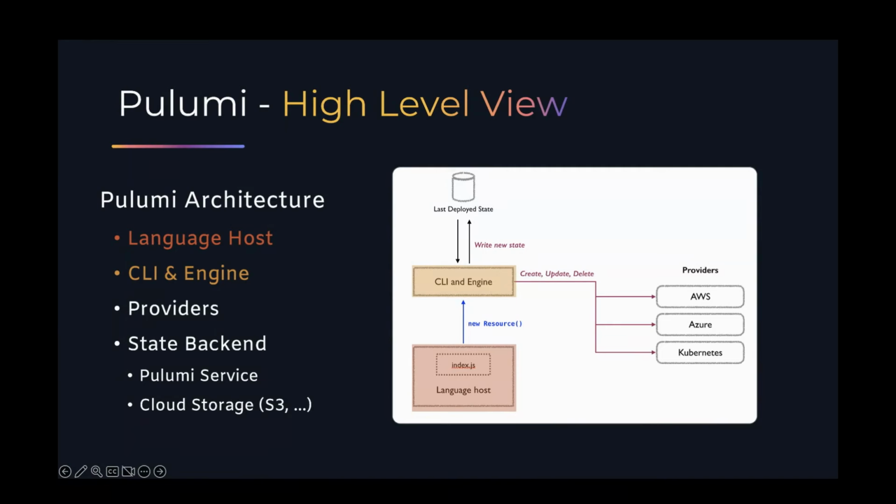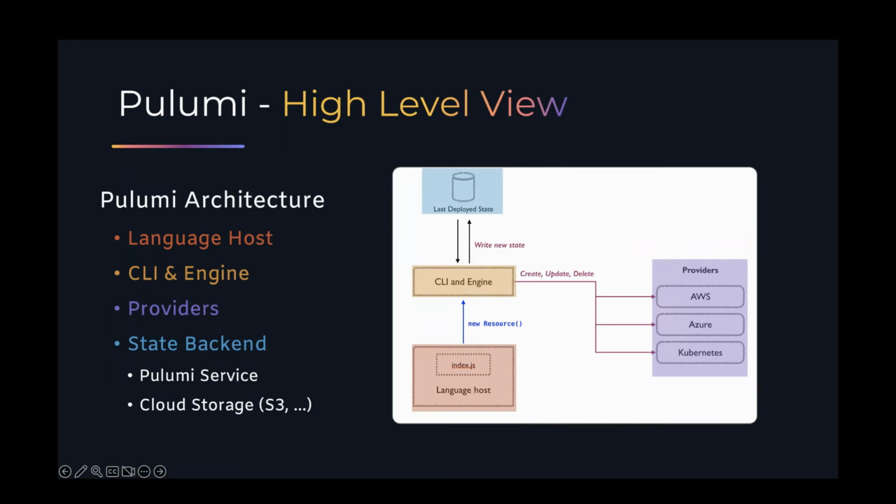And then depending on the provider we are using, the appropriate provider gets started. So in this case, we're going to use the AWS provider. Pulumi also downloads the binary, if not present, from GitHub, starts the service, and then communicates via gRPC to do the commands like create, update, and delete. This is the place. So you write your code in the language host, it gets translated. Then the provider gets started, we do our operations, and as a last step, the state gets saved in a